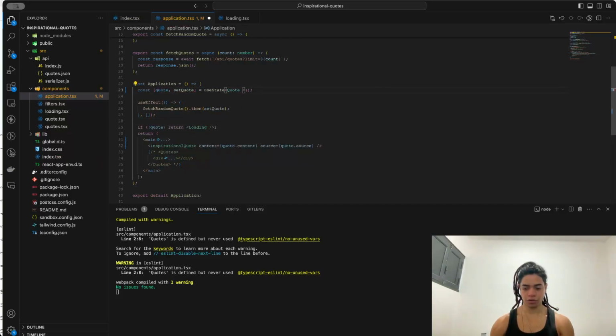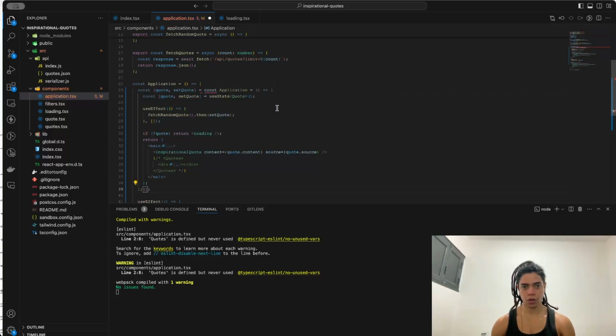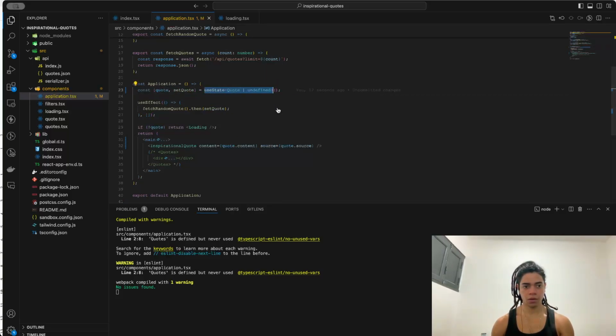Or we can say a union type, which is, hey, this or undefined. So the thing here is that by actually passing this, because TypeScript analyzes our code, the React code,